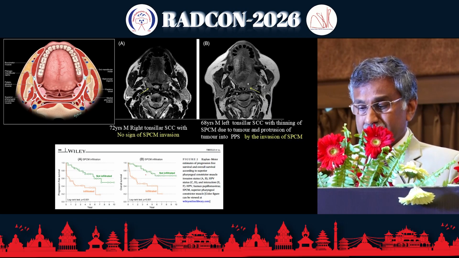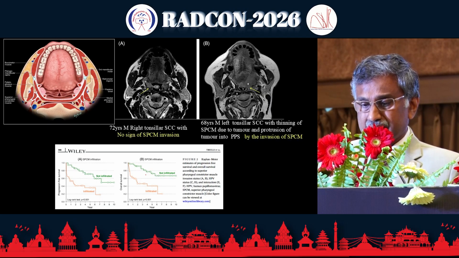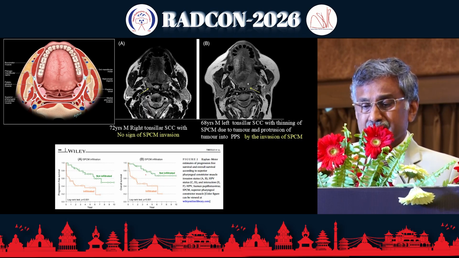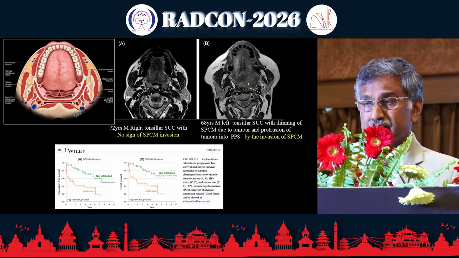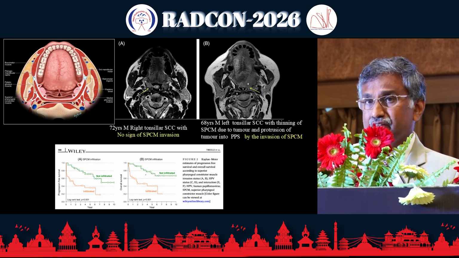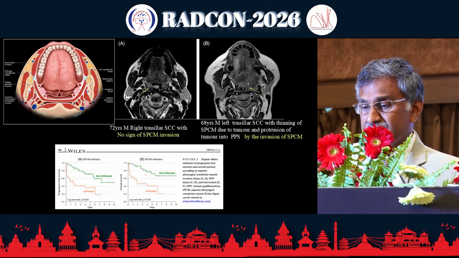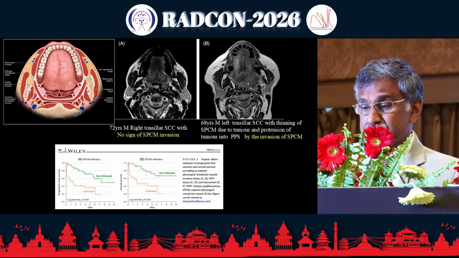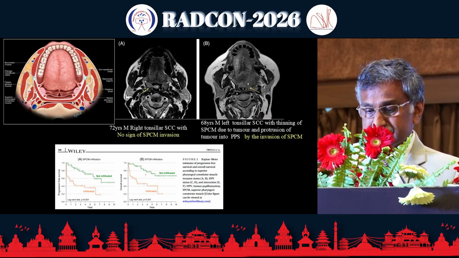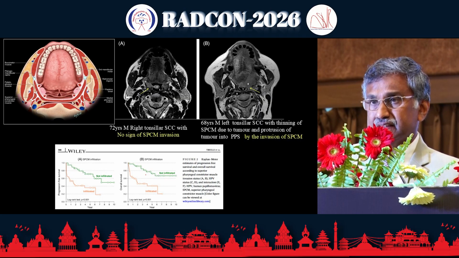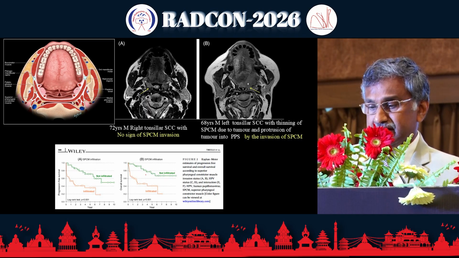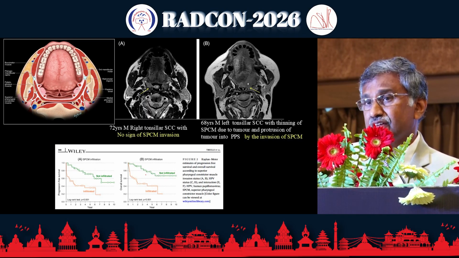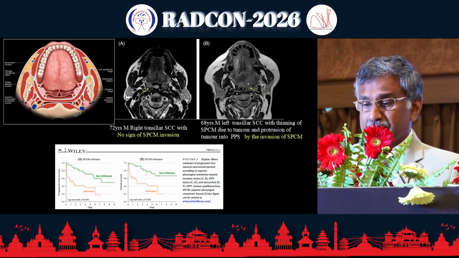Here is a patient with lingual tonsil involvement, but the important area of involvement is the superior constrictor. The superior constrictor is one of the topmost priorities you should look for, because there is often invasion and a high chance of infiltration. It can lead to poor prognosis. This study has shown that when the superior constrictor muscle is infiltrated, the survival rate is less than in the non-infiltrated case. So this information is important for clinicians. You have to look for superior constrictor involvement.